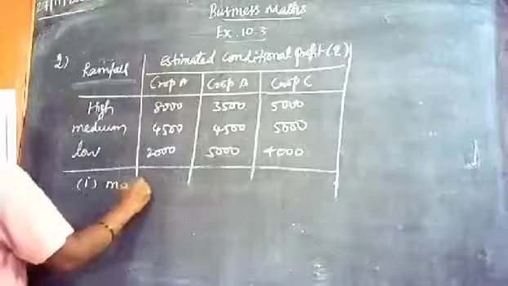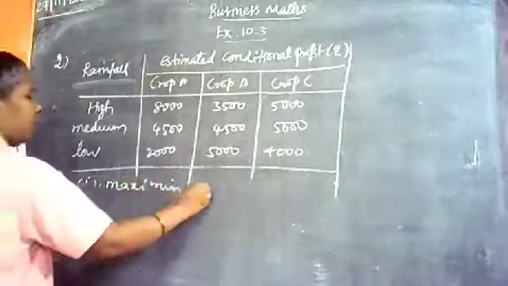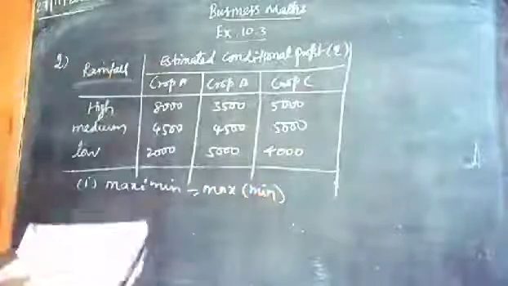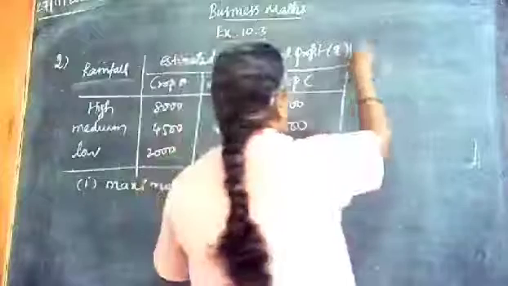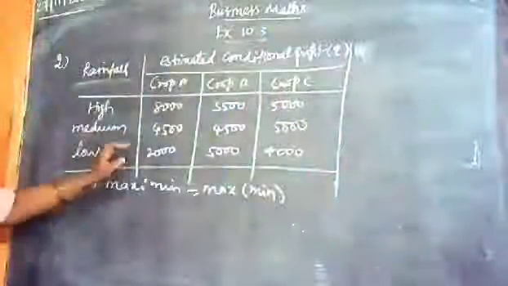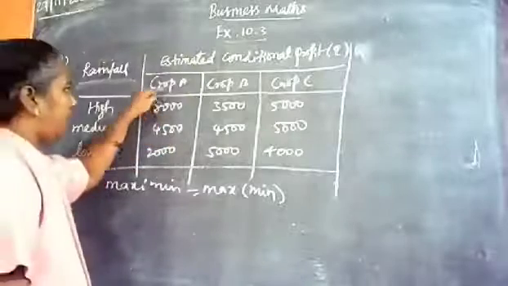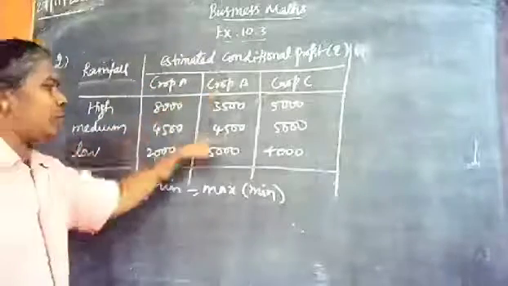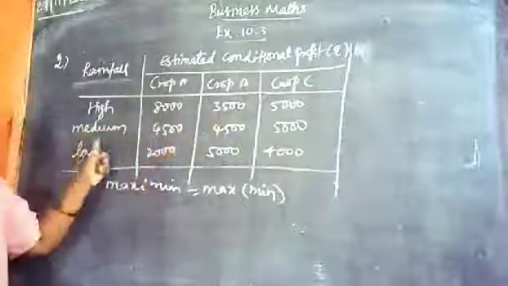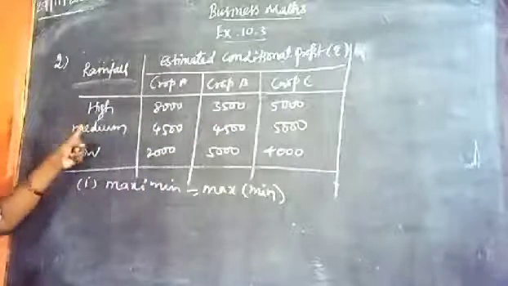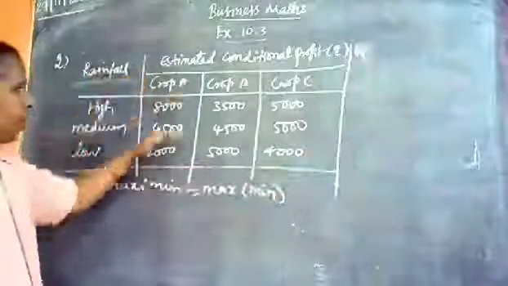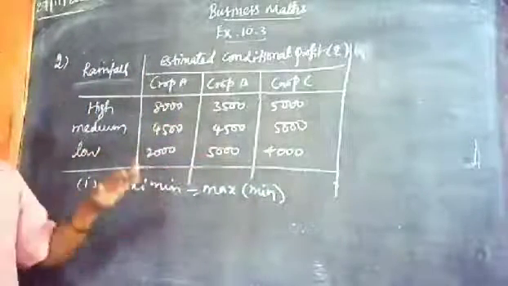Max min, so maximum or minimum. The fresh column you are going to create here is minimum. Which crop he should plant, crop maximum value, minimum value, rainfall. Be careful when you are doing such a problem, in that high, medium, low, minimum, maximum value. Vertical crop, which crop he should plant, is the question to you.